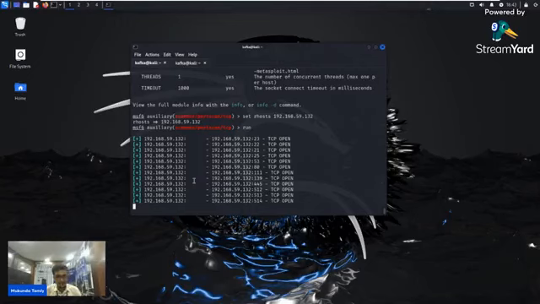Let's see if it will scan till 10,000. Let's wait a little bit to see if anything more comes in, then we will move forward.